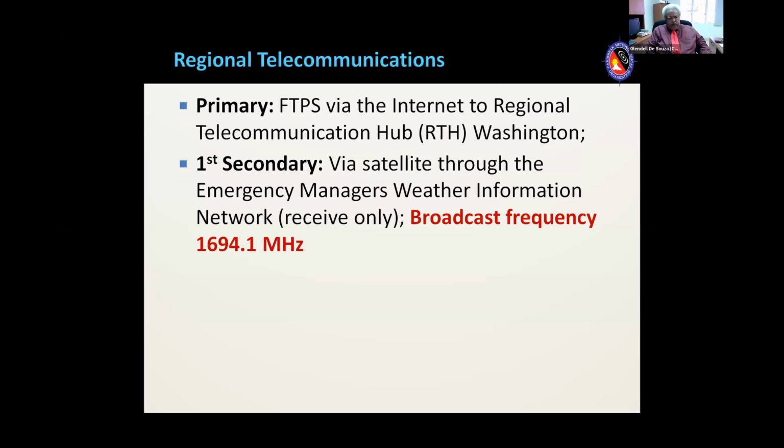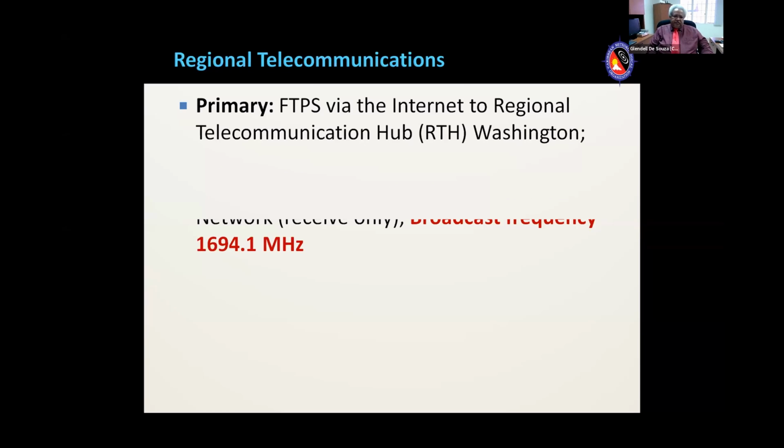We do have 2 secondary or backup systems for either receipt of, or receipt and transmit of, data from Washington to the Met services or vice versa. The first one is called the Emergency Managers Weather Information Network, which is receive only. That means the Met services or the National Disaster Office, which may have a system, and in a few cases 2 entities within the country had it, receive at